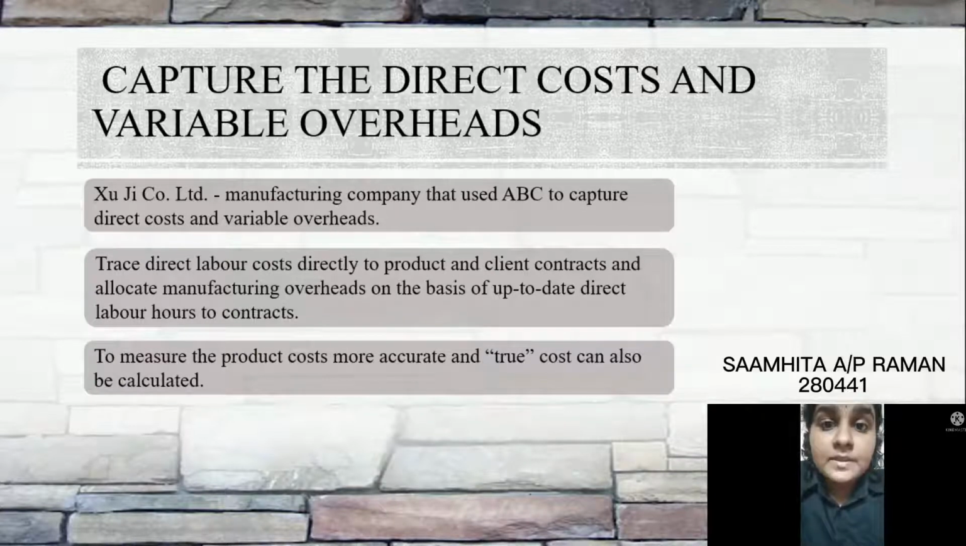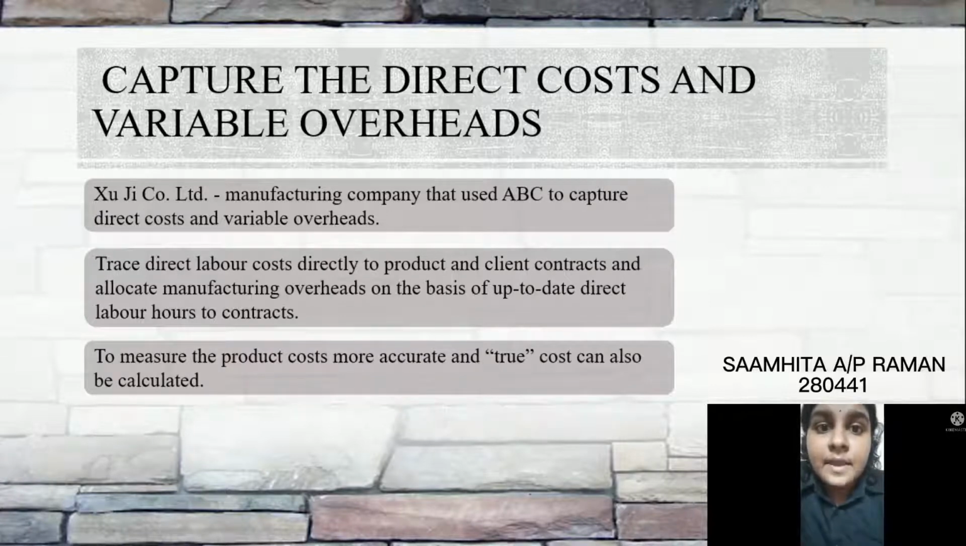Capture the direct costs and variable overheads. The Chinese electricity company Qizhou Ltd is one of the manufacturing companies that used ABC to capture direct costs and variable overheads. The two tasks for the ABC system used by the company are to trace direct labor costs directly to product and client contracts and allocate